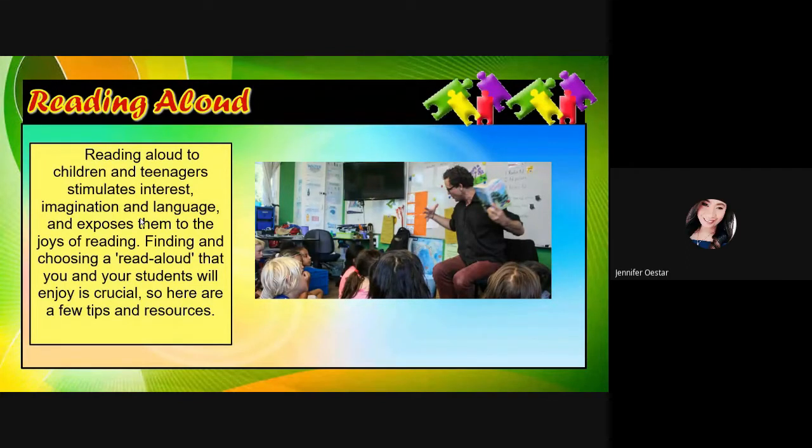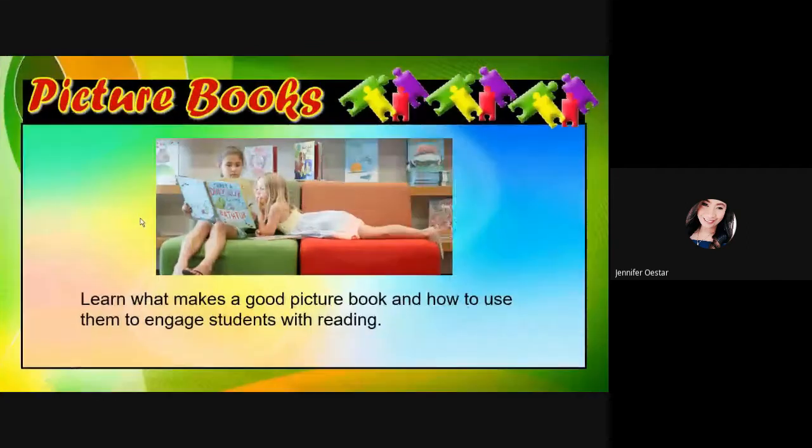There is a pile of students or kids, and then you go in front or at the center, and you hold a book and you read them stories wherein they could listen to you, and you could act, or you could get their interest either by changing your voice, or changing the cadence on how you read, and so on. So you must be energetic since children are the audience. So here, picture books.